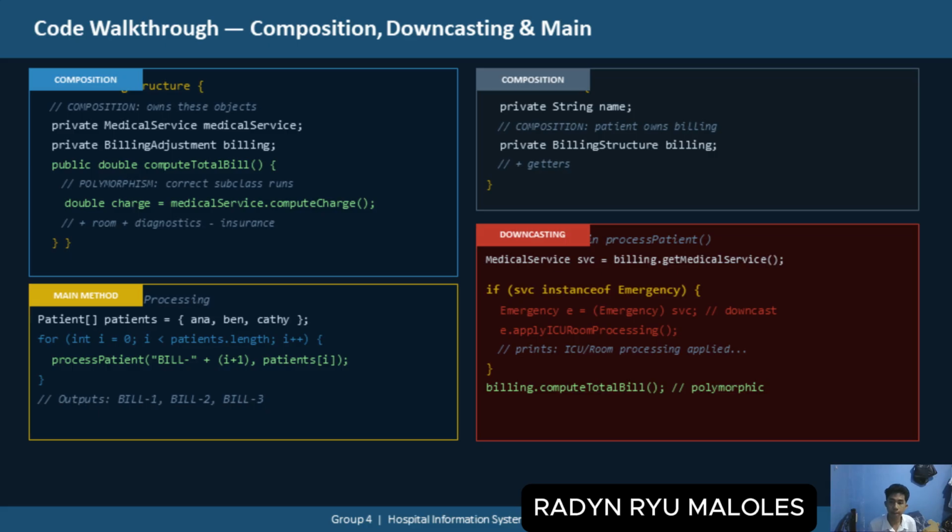During our process patient method, we pull the generic medical service object. We use an if statement to check if it is an instance of emergency. If it's true, we downcast it to the emergency object to successfully trigger the apply ICU processing. Finally, in our main method, we place our patients in an array and use a simple for loop to batch process them, generating the labels Bill 1 to Bill 3 dynamically.